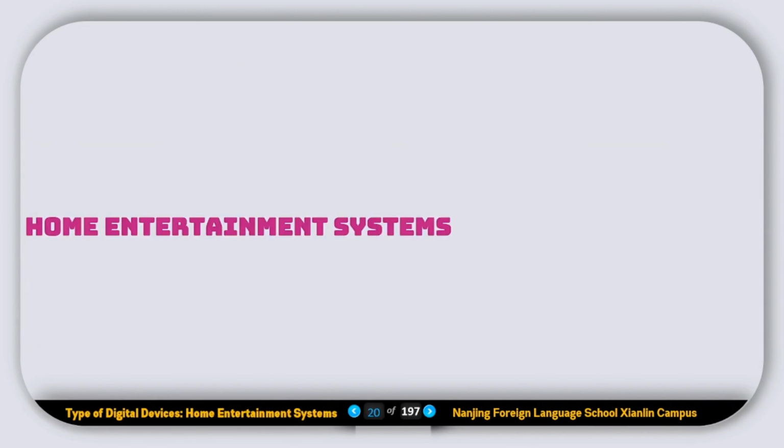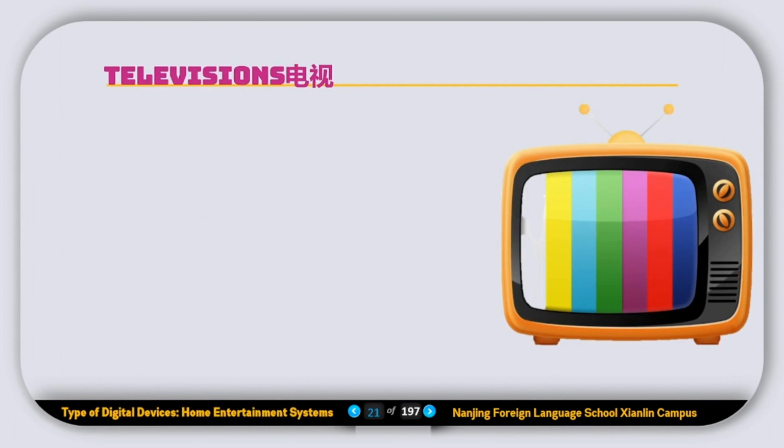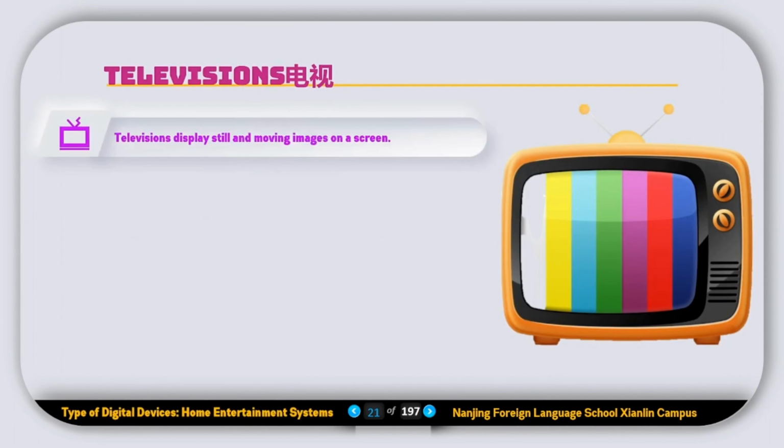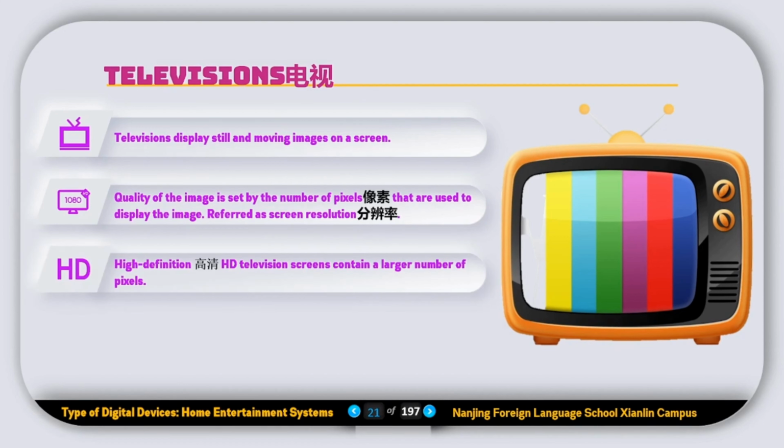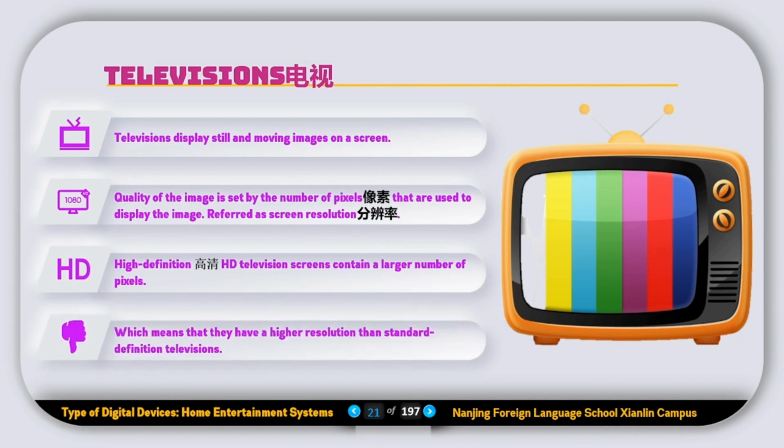Now let's talk about the home entertainment system. First device that we use in a home is television or TV. Televisions display still and moving images on screen. Quality of the image is set by the number of pixels that are used to display the image, referred to as screen resolution. High definition or HD television screens contain a large number of pixels, which means they have a higher resolution than